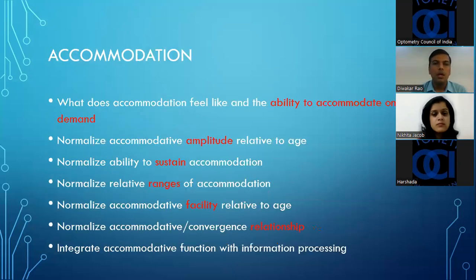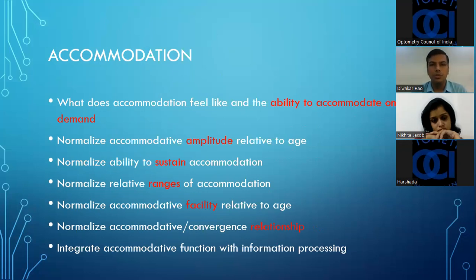And for patients with accommodative dysfunctions, first try to normalize their amplitude, then make sure that they are able to sustain that amplitude, then work on improving the ranges, that is relaxing and stimulating the accommodation, then normalize the facility of the patient, the speed at which you can relax and stimulate. Then not only accommodation, also start working on vergence to interact between the accommodation and vergence,